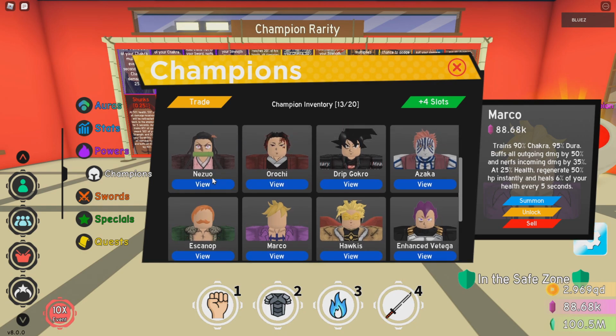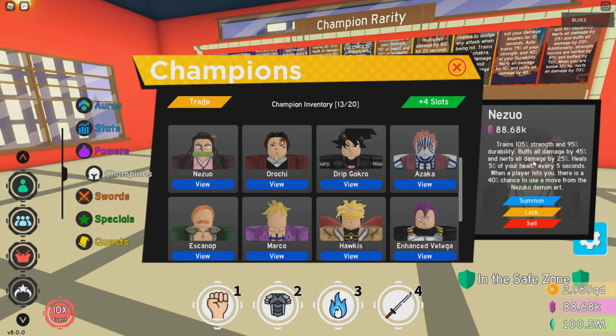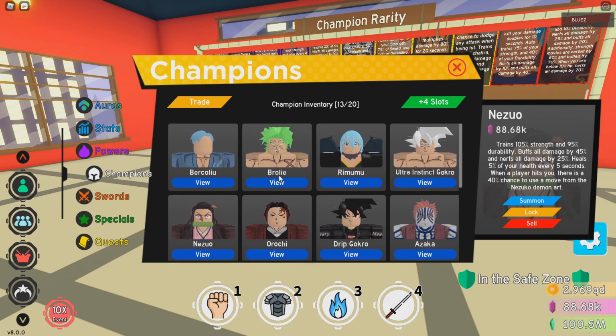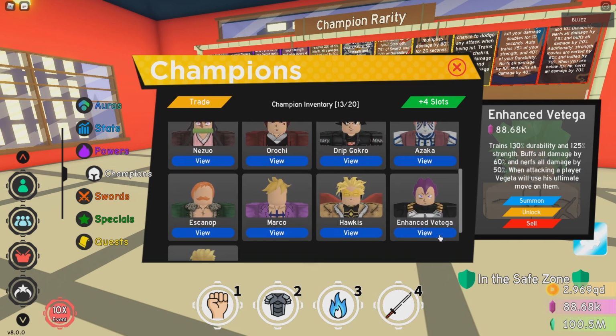buff that much damage. So if you'll see on Mako, it heals you every 5 seconds, and once you reach 25% health, you get 50% health back. Same with Nezuko, it gives you 5% health every 5 seconds, but does a lot of damage and nerfs a lot of damage. So that's what you'll be looking for in champions. It's basically very simple. Broly is very easy to get and buffs a lot of damage and nerfs a lot of damage. And stuff like Vegeta,